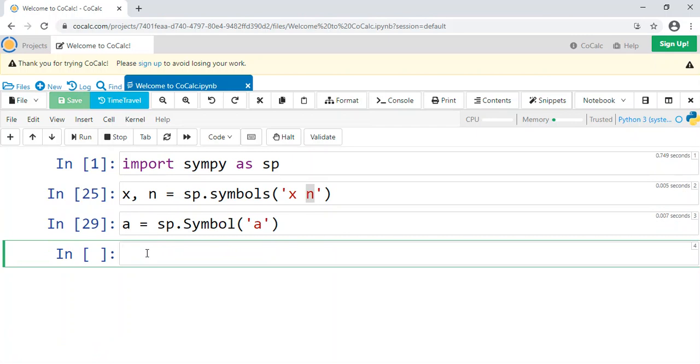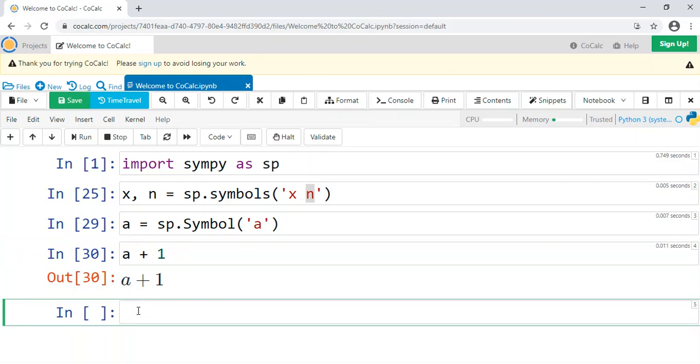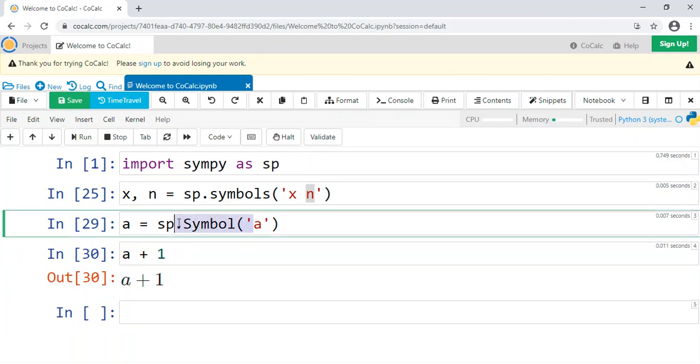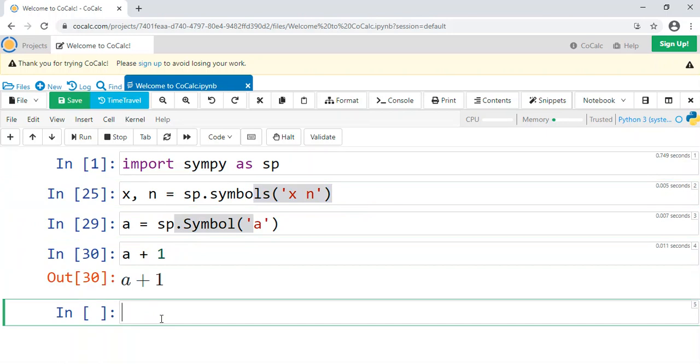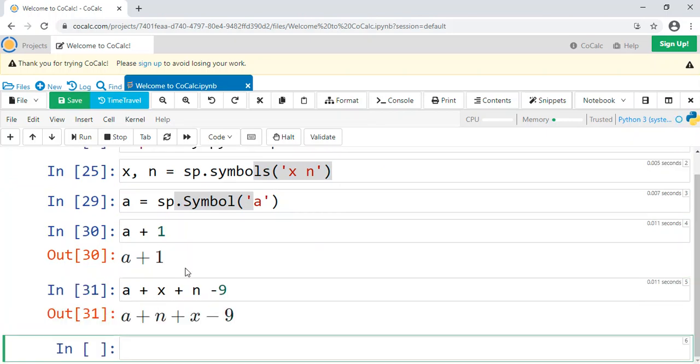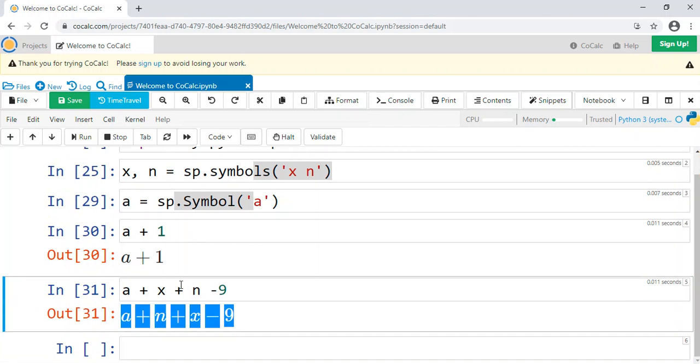So you can do, A plus 1, right? Or you can mix and match, even though these were imported in different ways. They're all in play. A plus x plus n. There doesn't have to be a space, but there can be, minus 9. And it's all there for you. Okay.